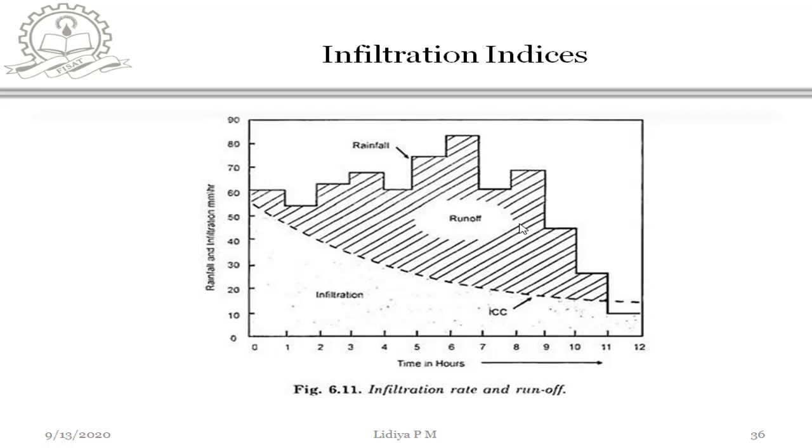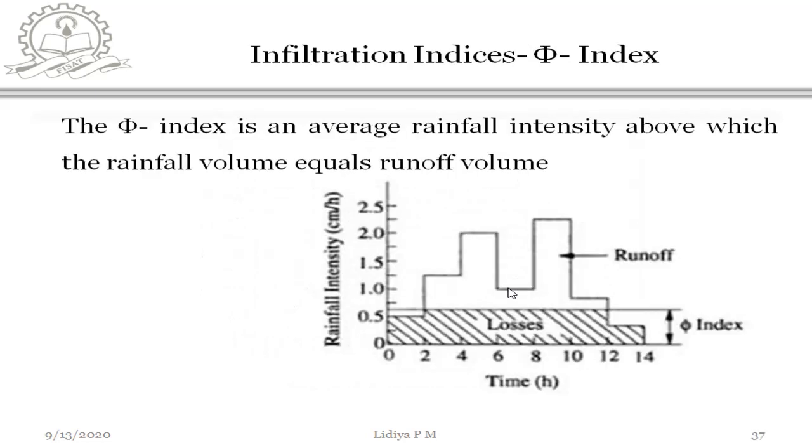But even though this is a very simple method, there are some difficulties in obtaining this infiltration capacity curve, since the soil may not be uniform over the entire drainage basin, or vegetation may not be uniform, and the rainfall intensity may vary. Due to that, it is difficult to obtain this infiltration capacity curve for the entire area. That's why we are using the infiltration indices. These indices in general express the infiltration as an average rate throughout the storm. As an average rate, that is, we consider it as a constant value.